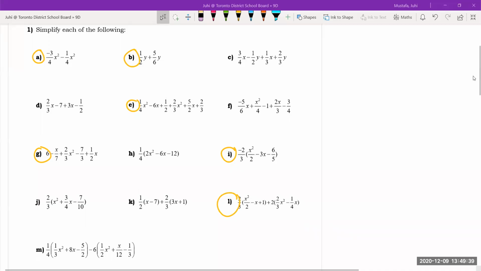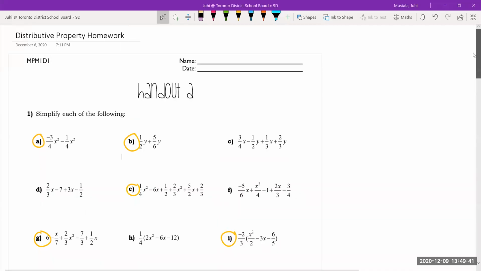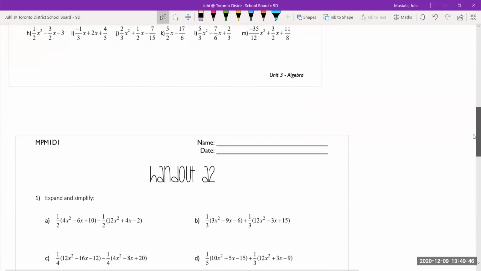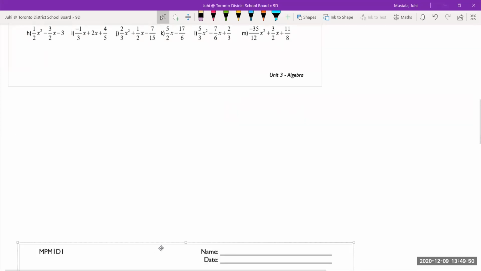Okay, I'll say it one more time. For the questions that are crossed out, those are the ones that you guys are going to be doing for homework. Everything else we're going to take up together right now. Okay, so get a sheet of paper. I'm just going to delete that for a second and let's try some